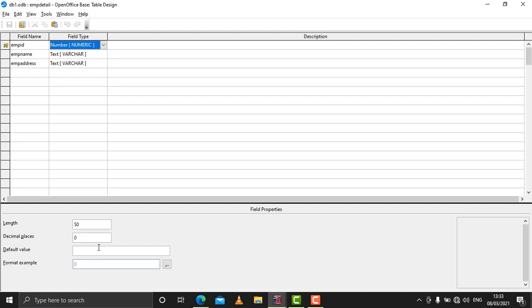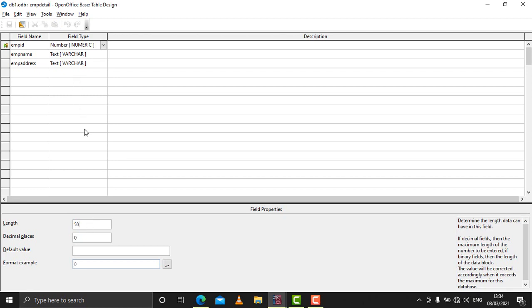If you go to length, in this field we can define for a particular field the maximum length of an entry. The next is decimal places. If you have a field that requires numeric data, here you can set the maximum decimal places which can be entered in that particular field.